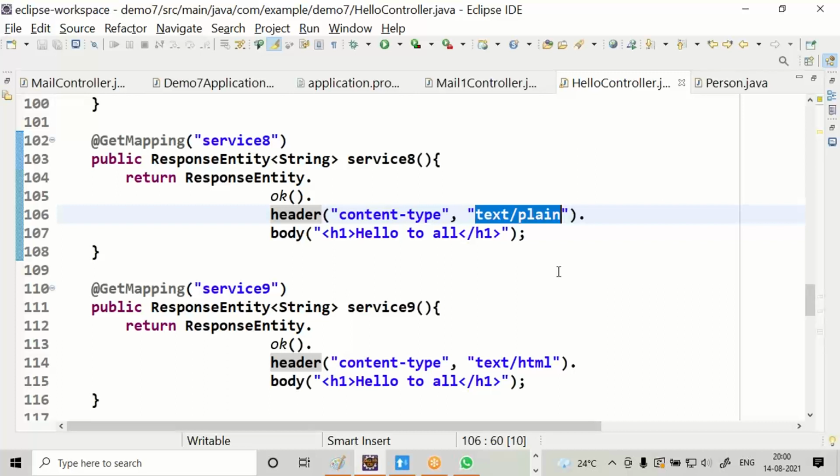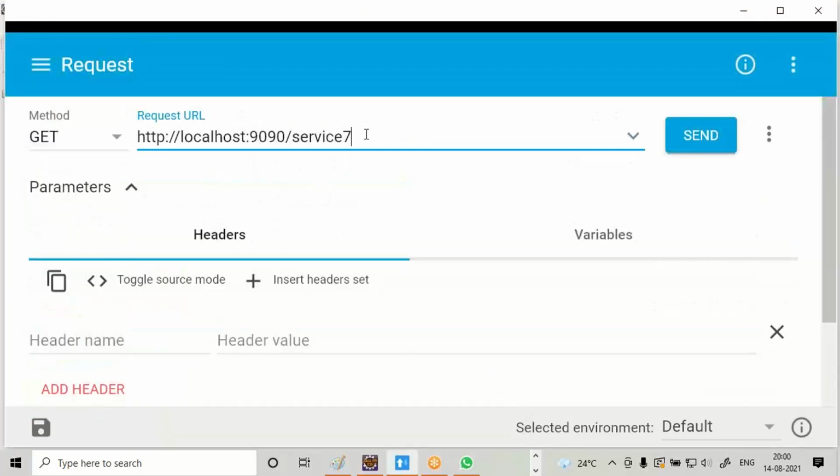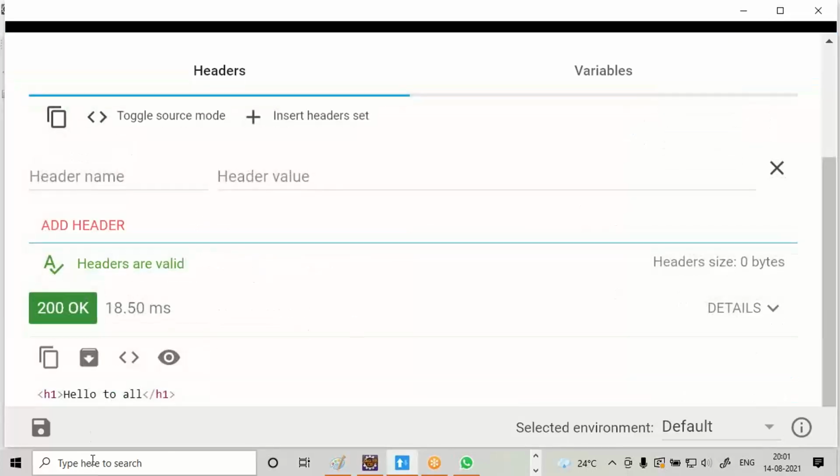Headers are very, very important. Response headers. Let's give a call to service 8. Output is considered as plain text. That is why the H1 tags are displaying.